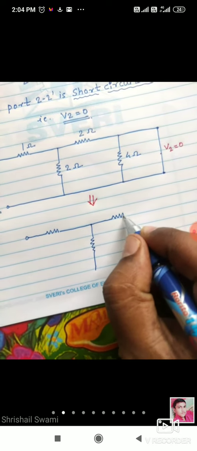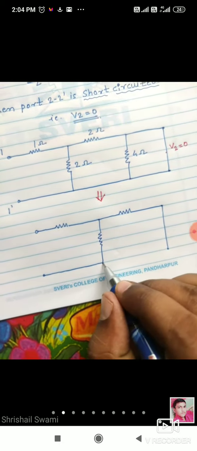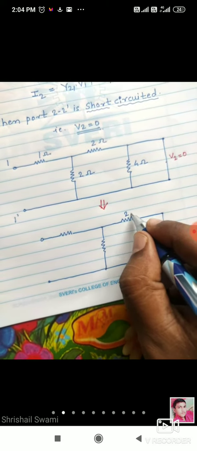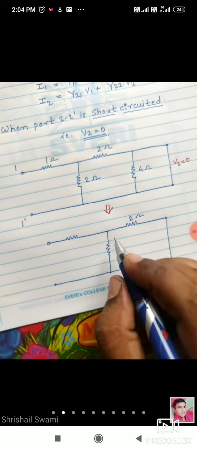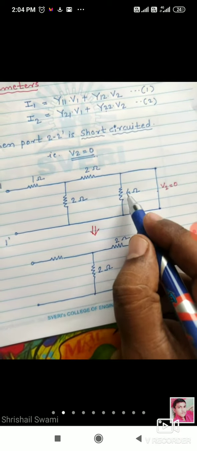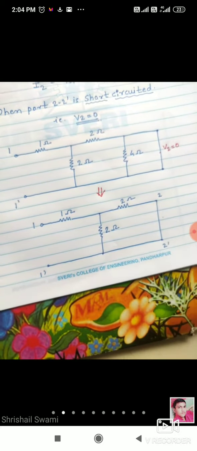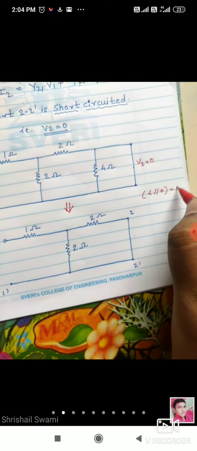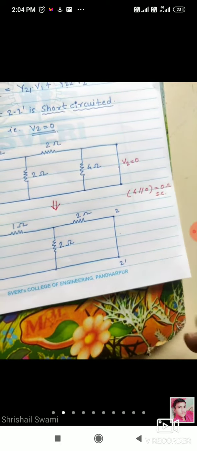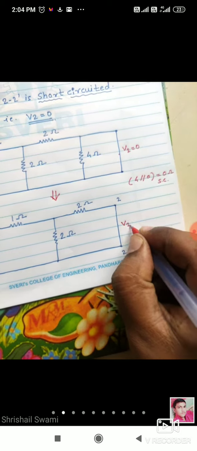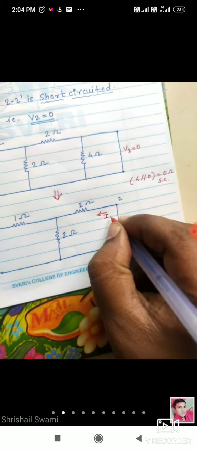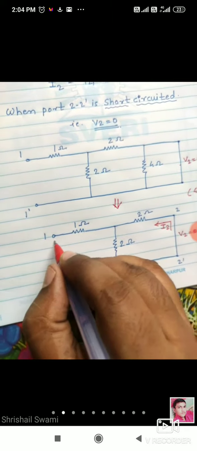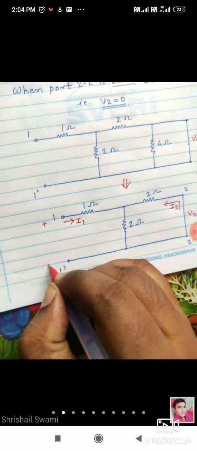Now see what will happen, almost the T problem that we solved earlier, it is looking like this. So this is 2 ohm as it is, this 2 ohm as it is, this is V2 equal to 0, this is 2 ohm as it is, this 4 ohm will get cancelled, this is 1 ohm, this is 1 dash, this is 2 dash. Okay, now why is it coming? Because 4 is in parallel with 0, will give the 0 ohm short circuit. You can write at the side. So V2 equal to 0 here. This current will give the I2 value. It is flowing like this. This current will give the I1 and total voltage is V1.